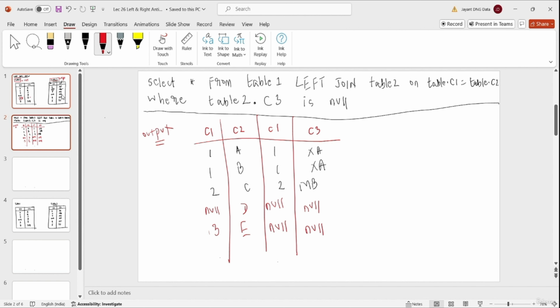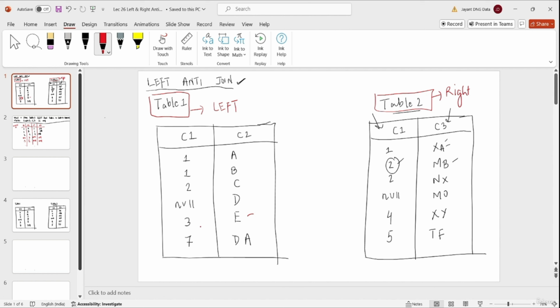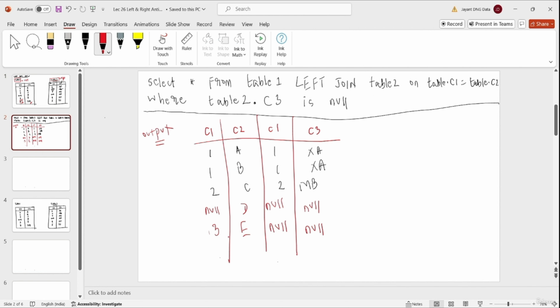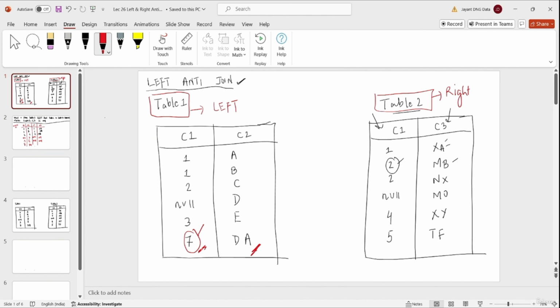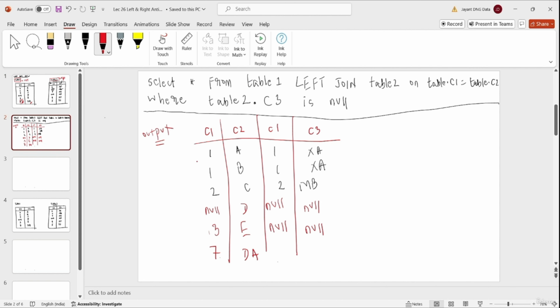Now, this 7 exists in column 1 of table 1, and since left outer join is getting applied, 7DA will exist in the output. But since this 7 doesn't match with any value in column 1 of table 2, corresponding to all the columns from the right table, we will get null values, so we write null, null.